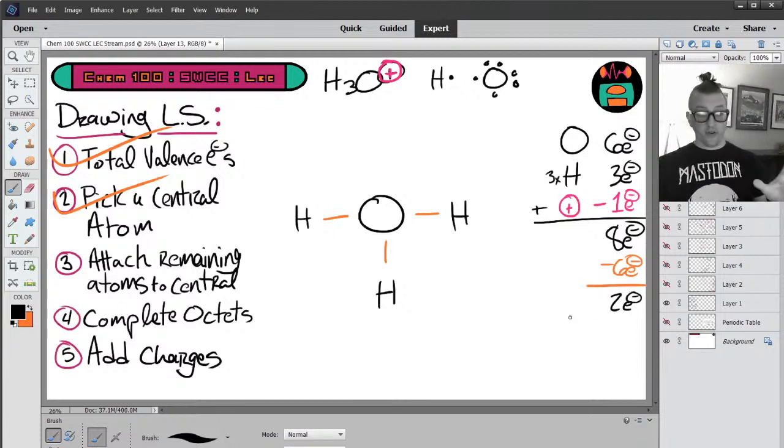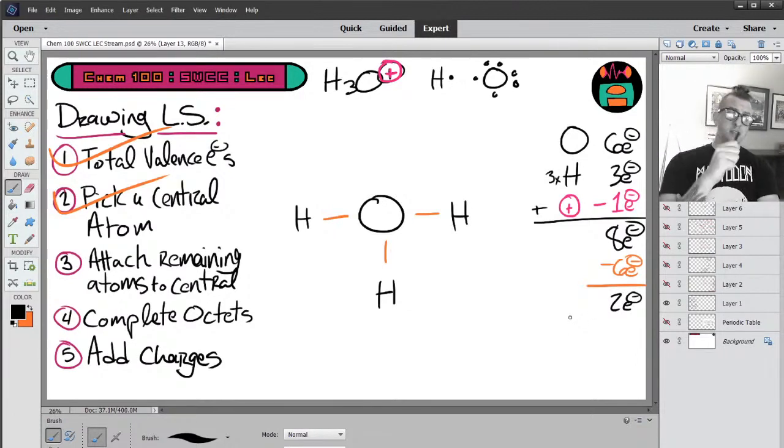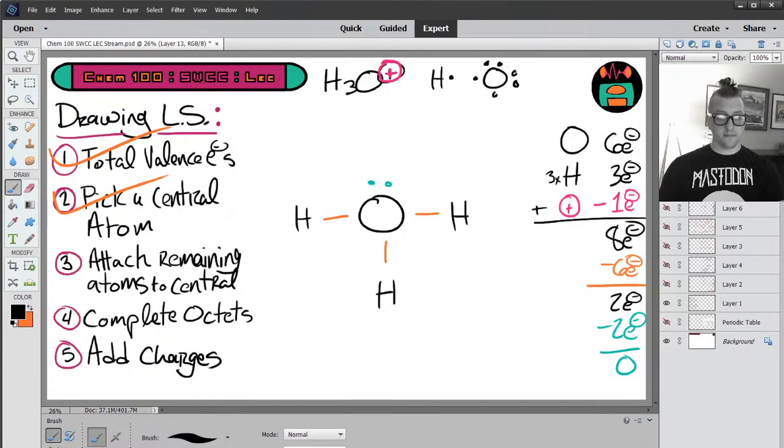You'll notice every hydrogen is satisfied, right? It has 1 bond. Oxygen right now has 3 bonds. There's 2 electrons in each bond. So right now oxygen has access to 6 electrons. It wants 8. So we're going to spend our last 2 electrons to complete oxygen's octet. So we've attached remaining atoms. We've completed our octets. The last step,